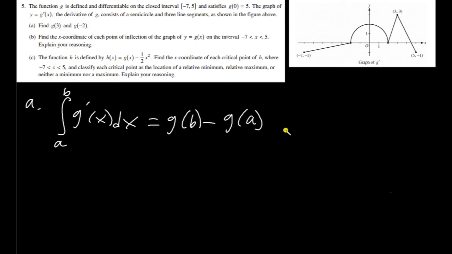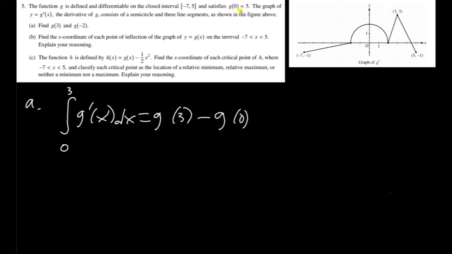If you didn't get it, try to pause and figure out how we can use this principle to figure out g of 3 and g of -2. Okay, so if you are not sure, or if you are sure, either way, let's do this. We know that g of 0 equals 5, and we want g of 3. So 0 and 3 are going to be the bounds of that integral, g prime of x dx. We evaluate this, we'll get g of 3 minus g of 0. And what's nice is that we know g of 0 is equal to 5. So when we solve for g of 3, it's going to be g of 0 plus this whole integral business,